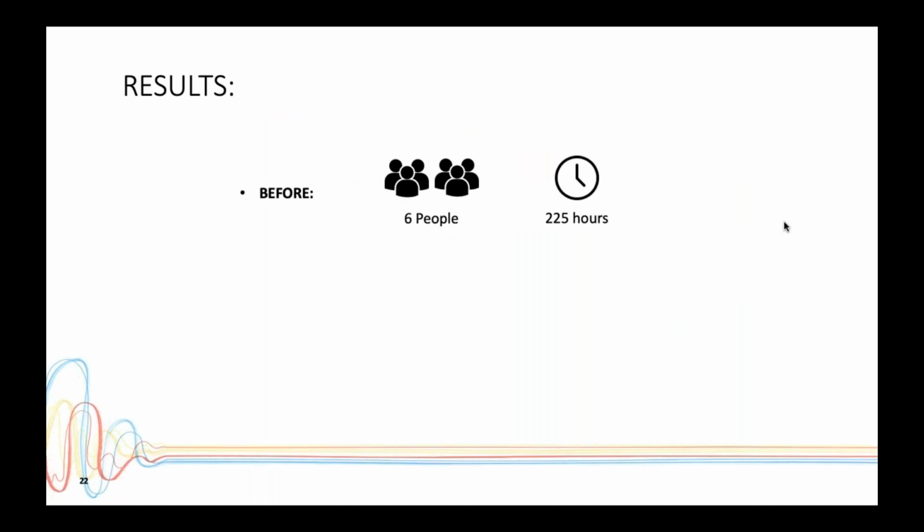Before, it took 6 people 5 days. Afterwards, it took 3 people 5 days. Now, they could have reduced the timeline, but instead they decided to reduce people. But I want to be very clear that it wasn't like they got rid of 3 people. What happened was they were able to devote 3 staff to other projects 5 days of the month, which was